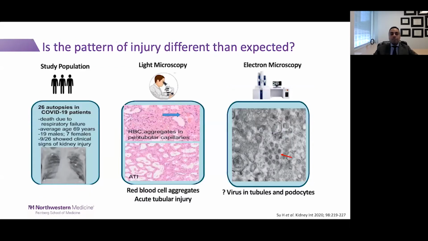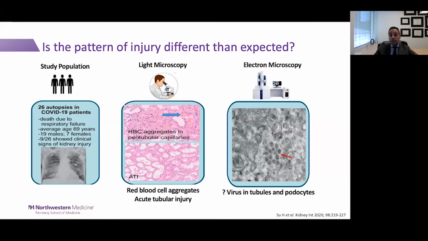So I think that the urine findings actually stimulated a significant amount of discussion in our field about, is the pattern of injury different than one would expect? So typically somebody that has a sepsis-related acute kidney injury, again, as I mentioned, the urine would be relatively bland and you would not see blood in urine. But could there be something else? And if you were to look at a biopsy of the kidney of those individuals, you would probably see tubular injury, meaning that the tubules themselves in the kidney were dilated and you would see sloughing of cells, or